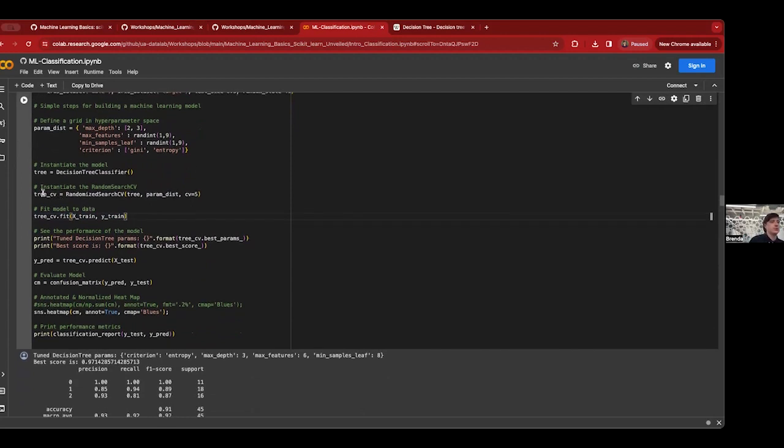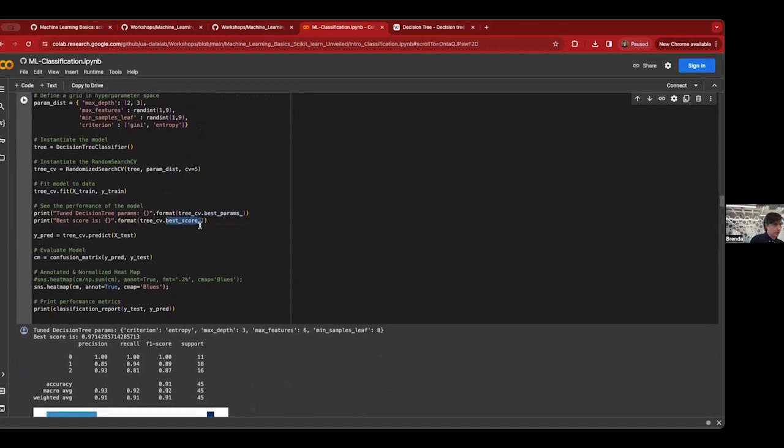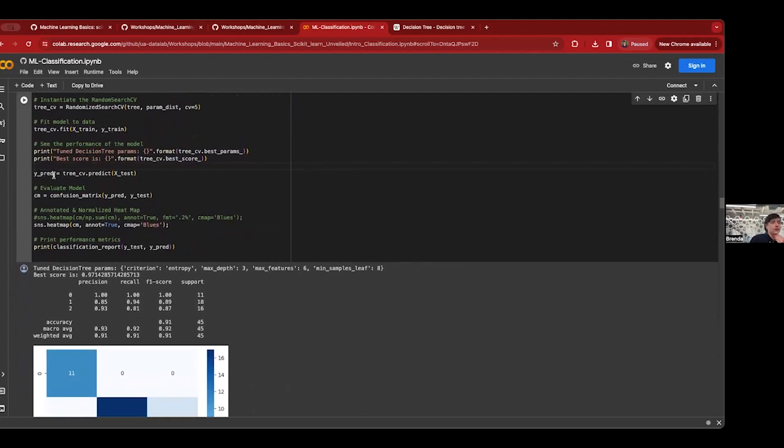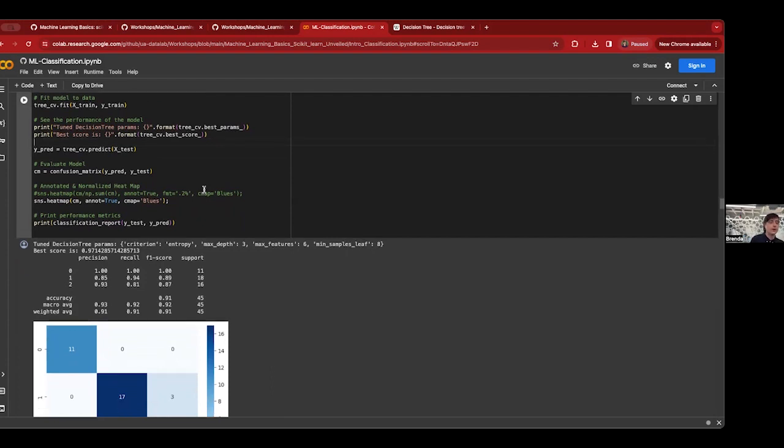Okay, so this tree CV, this random search, we can see, if we access this attribute here, it gives us the best parameters back out of it, and then the best score as well. And then you can also just use this tree CV to predict on our test data point and get all of these Y predictions out. And then you can, again, do the confusion matrix and everything else that you would normally do to check your